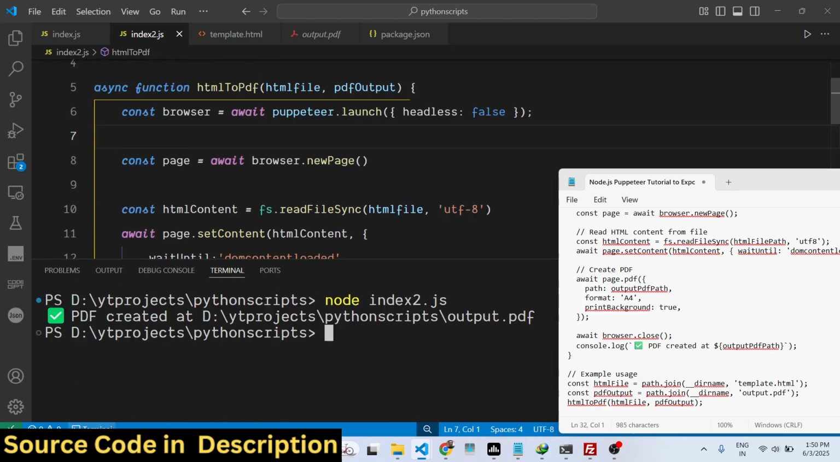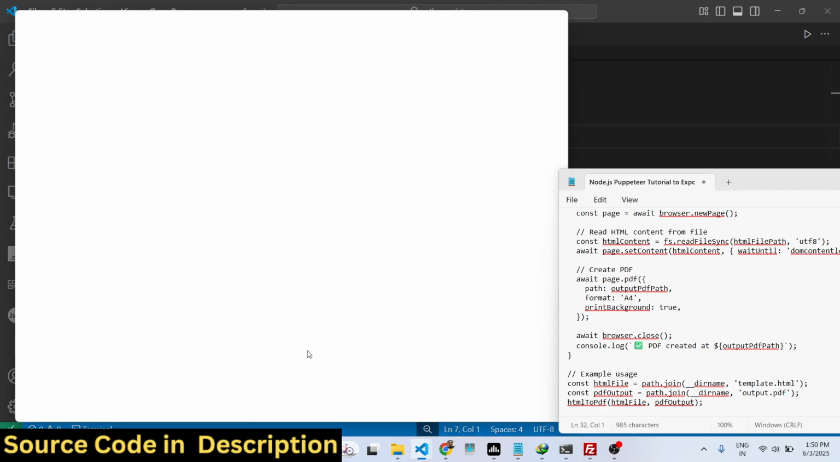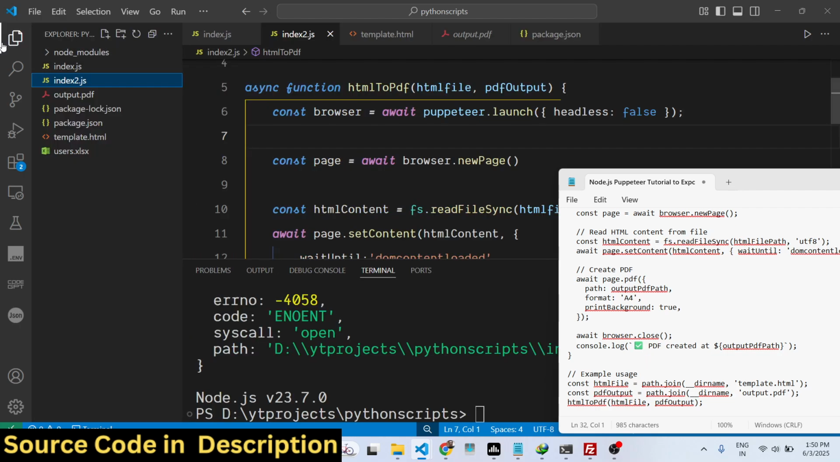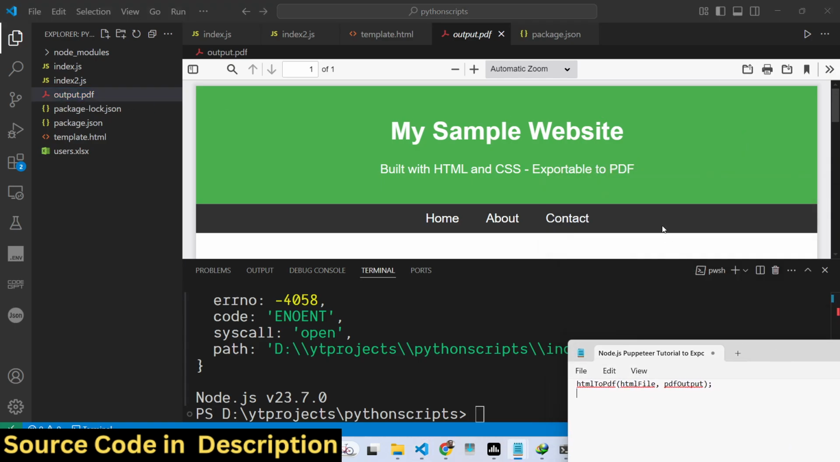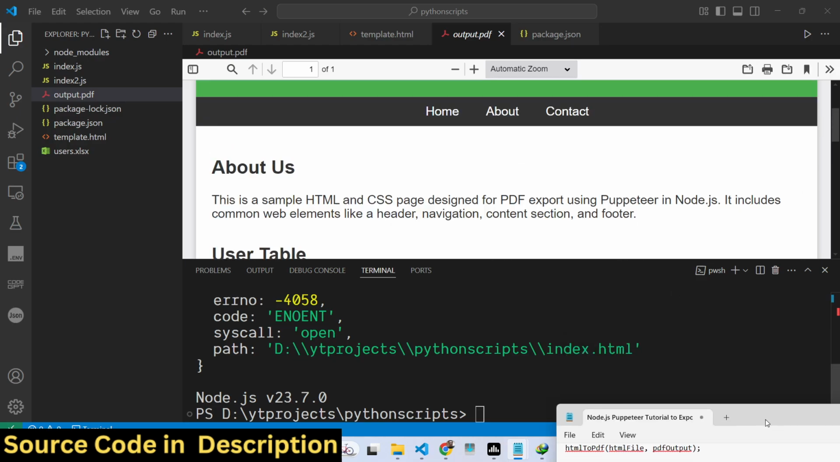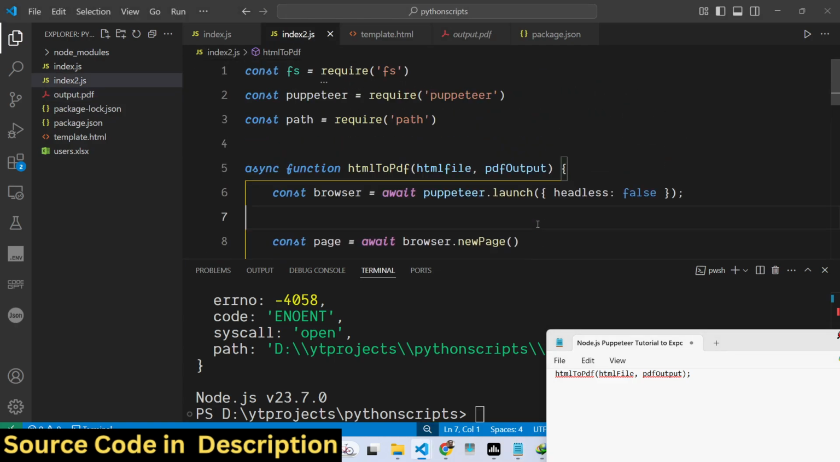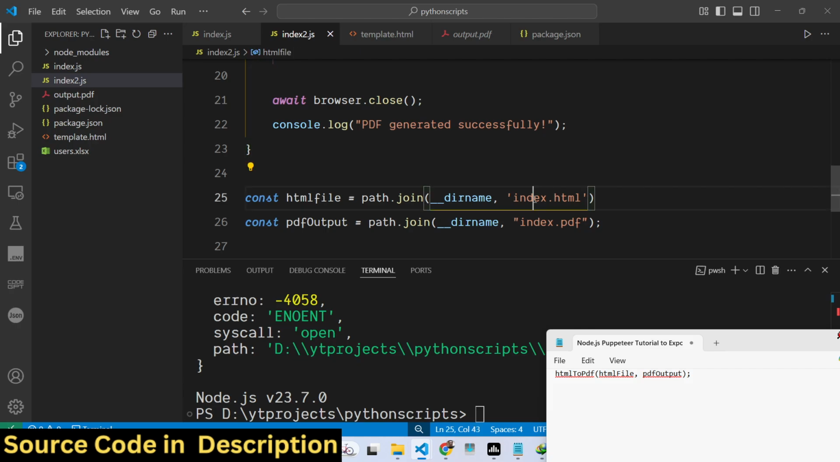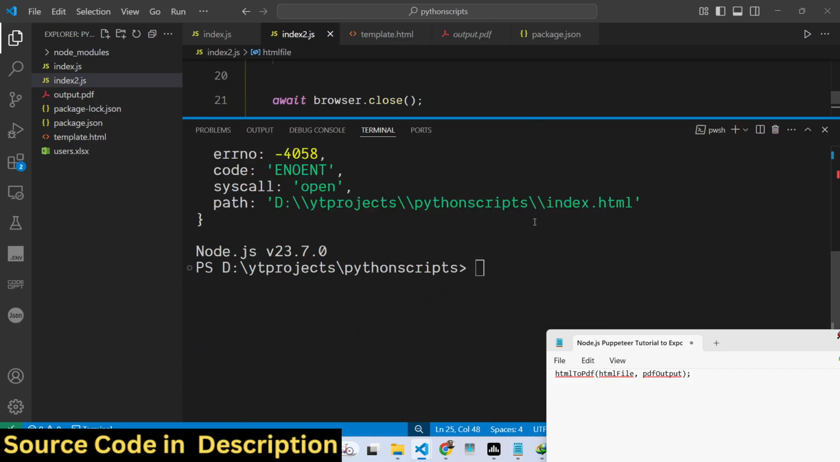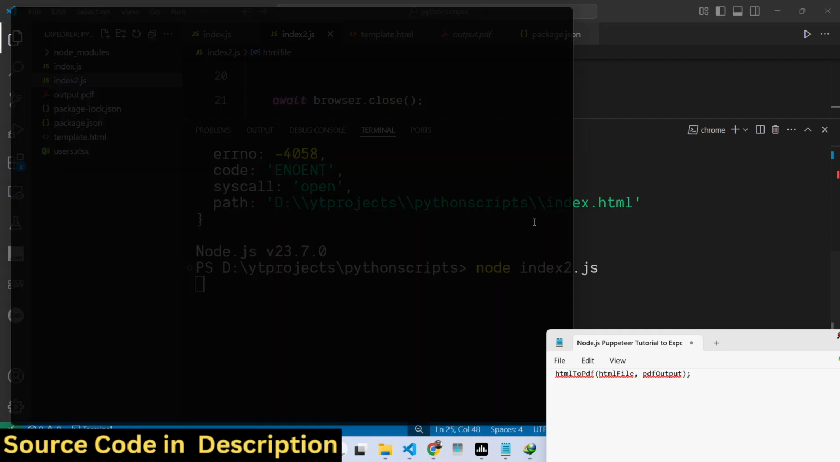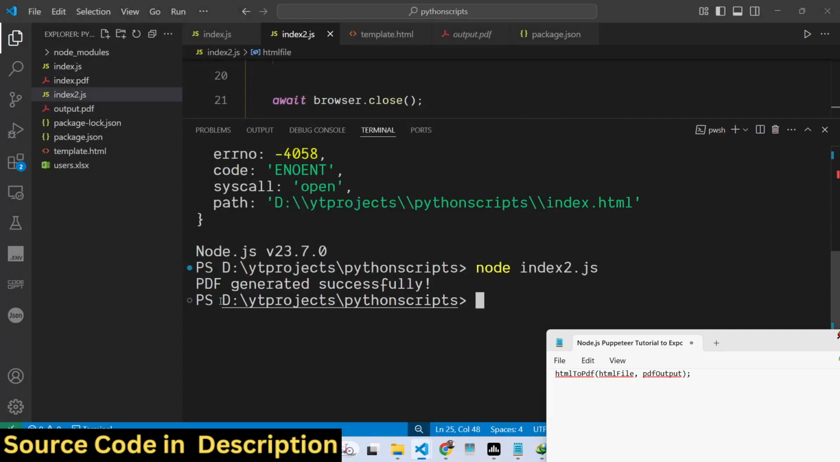So if I go to the terminal, just execute this, you will see it will open the browser automatically. It will take the screenshot, and then your PDF file is generated. So this needs to be template.html. Sorry, I gave wrong name here. So this needs to be template. Whatever is your file name, you just need to give, and just open this. You will see it will open the browser, and then your PDF generated successfully. You will get this message,